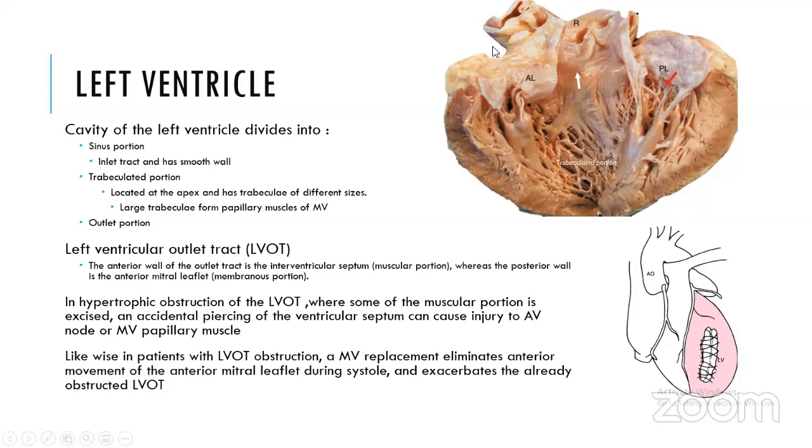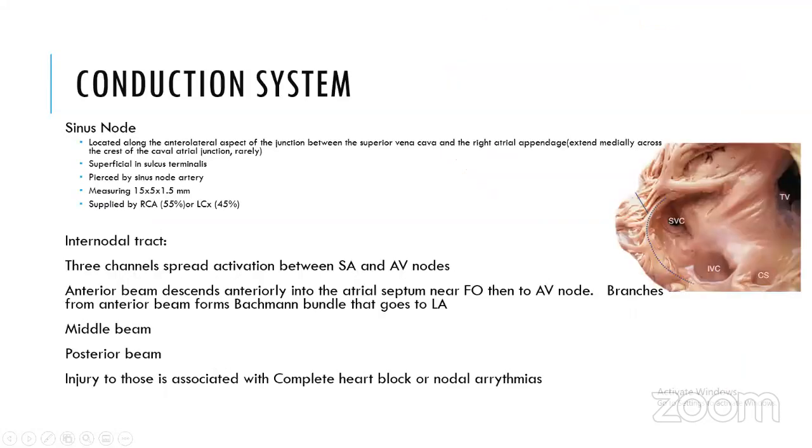Okay. So I'll continue, moving to the next objective, the conduction system. The conduction system is a collection of nodes and specialized conduction cells that initiate and coordinate contraction of heart muscle. And it consists of the SA node, internodal tract, AV node, common AV bundle, left and right branches of